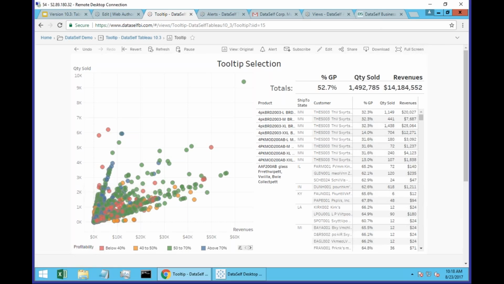So, below 40 is bad. Yellow is still okay. This is the target, and this is kind of awesome, but it's kind of rare to get very profitable. And this is a real case scenario, and the company was actually starting, in order to improve profitability, they started first working on sourcing of products, trying to make them more profitable, just product pricing, whatnot. And then they were working with account managers for every territory, every state, to make the sales with less discounts